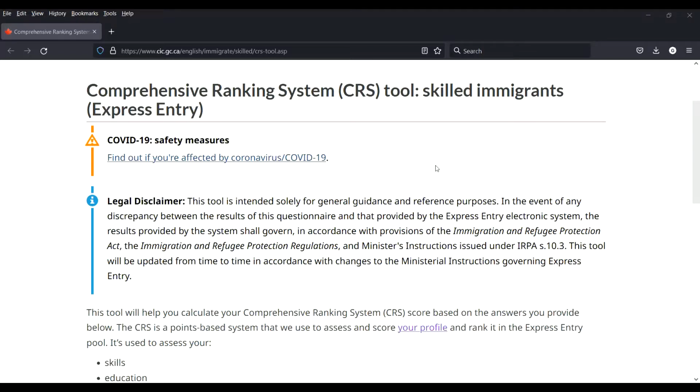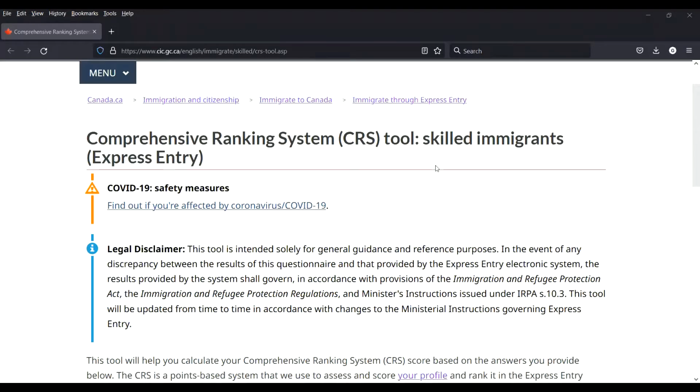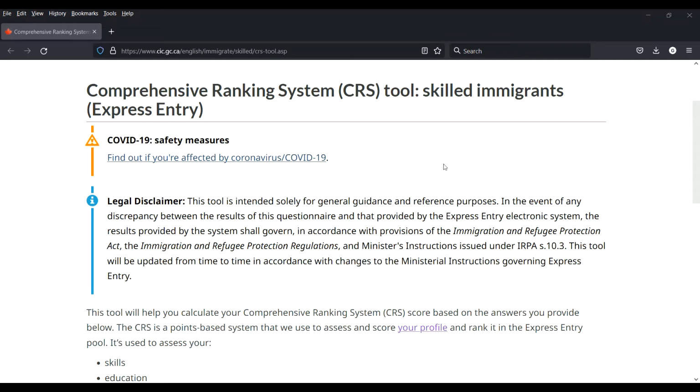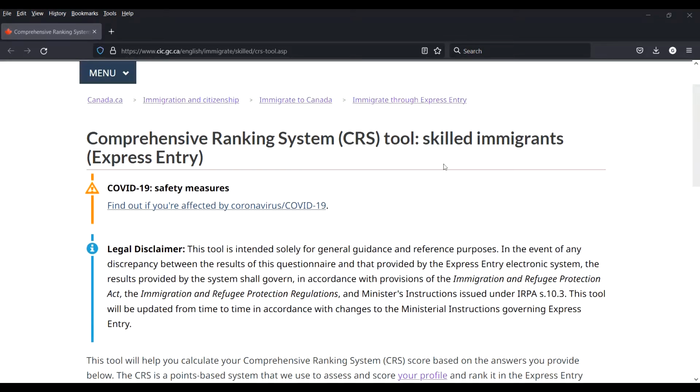Here on this channel, I educate folks on IT tips, cybersecurity tips, and technology tips. And also, recently we launched a series on Canada immigration to educate our followers and everyone on how to apply for express entry. So in that series of Canada immigration, today I want to share with you how to calculate